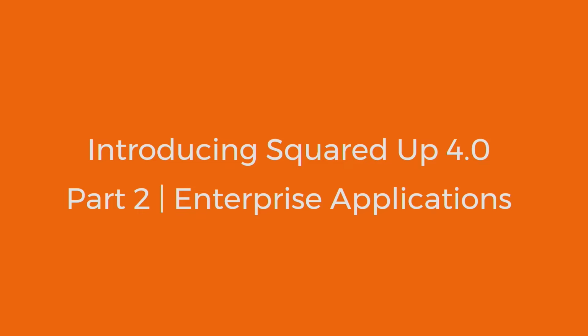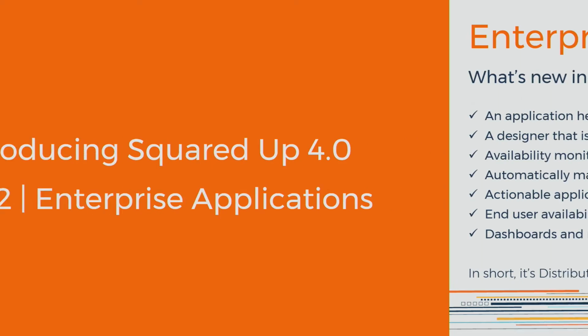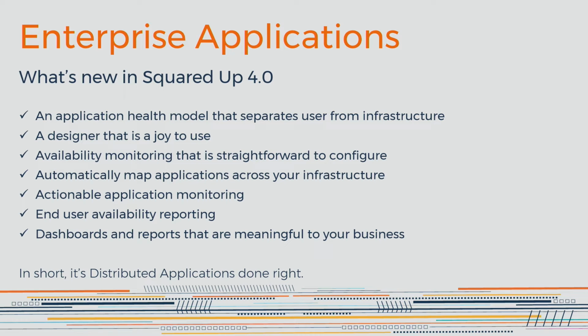All right, so moving on to the second half and coming back to really the driving goals behind Squared Up 4.0, and that's around enterprise application monitoring. So as a quick overview, there's a lot that's new in Squared Up 4.0. We've taken our Veda technology and really filled out a full enterprise application monitoring solution around it. We've got a new application health model separating user availability status from infrastructure status. We've got a designer, an EA designer that's a joy to use, and I think you probably know what I mean by that if you've ever touched the DA designer in SCOM. We have availability monitoring that's essentially built into Squared Up,